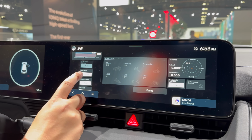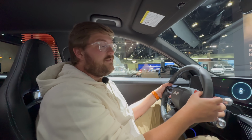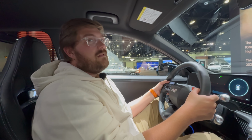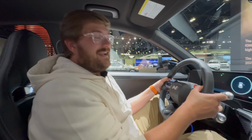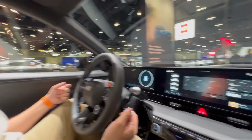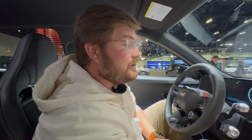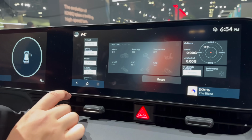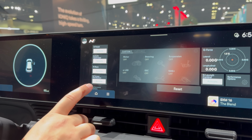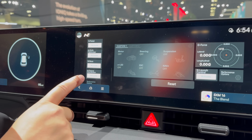N launch control. NE shift, which I think simulates like an automatic manually shifted transmission where you can paddle shift them through. I don't think I like that idea. Just turn all that off. I don't know. I love combustion cars. I love shifting gears, but I also like electric cars and the purity of them. And so at least the features in here, you can turn it off. It doesn't have to simulate a combustion car in this sense. You have an N drift optimizer, an N race, an N torque distribution. They probably should just delete all the N's because it doesn't add any value. Yeah, that's not really...